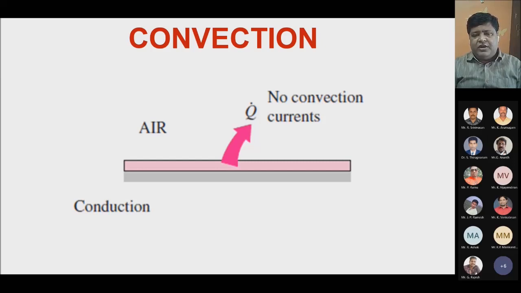So here, what we have to understand is that at the layer that is adjacent to the solid surface, the heat transfers only by conduction. So there are no convection currents, so bulk motion of fluid does not take place. So at that junction of the solid surface, heat transfer is by conduction, and away from the solid surface, it is purely by convection. The heat is convected by the bulk motion of the fluid.